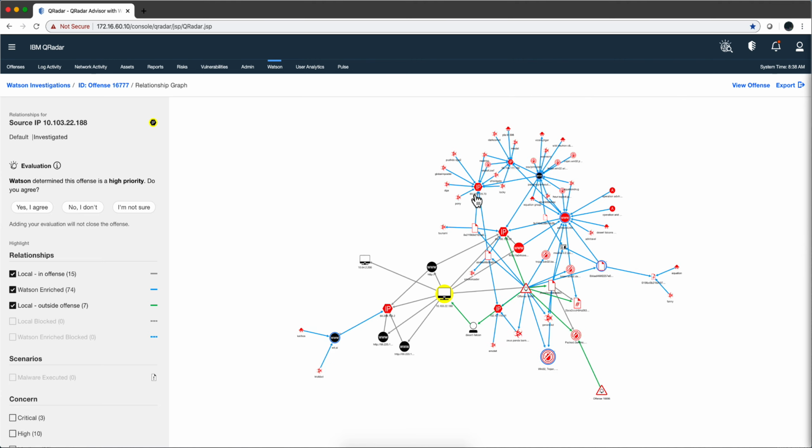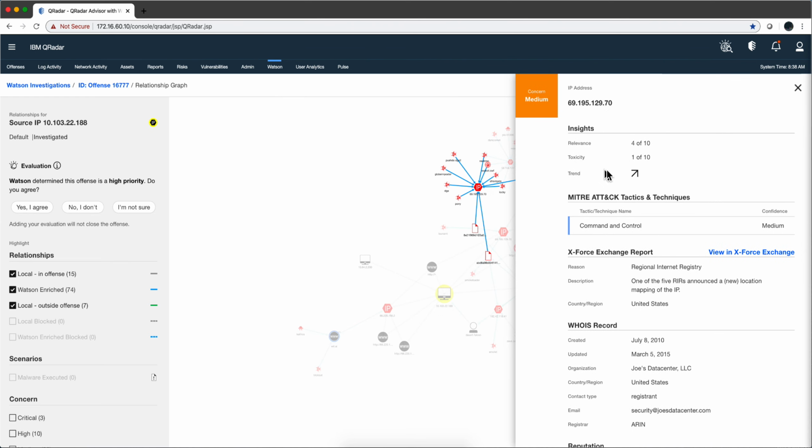If we look at this particular IP, Advisor looks at two things: the toxicity level, in this case is 1, it's not a very toxic type of IP or IOC, and the relevance is 4, which is pretty good. Happens to be again that 0.4 is the level of relevance, how related to these events this particular IP is, and the toxicity is also 0.4.